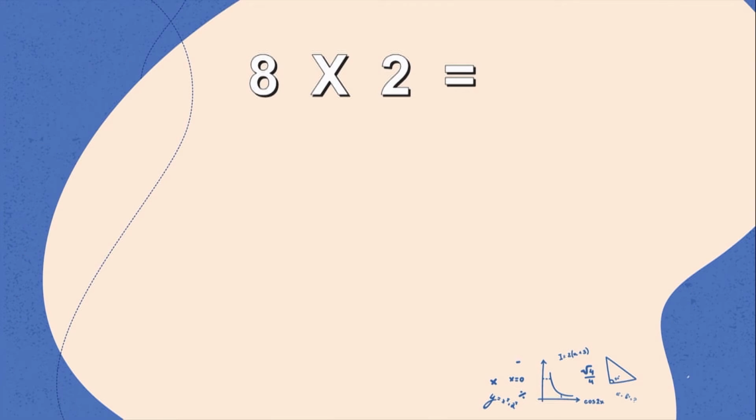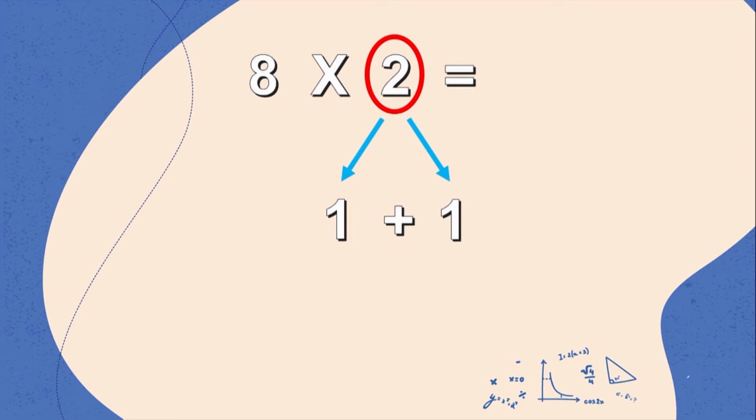Let's look at a scenario. We have 8 multiplied by 2. Yes, I know you know the answer, but what we're focusing on here is the concept and how we can do things differently. So let's say, for instance, you didn't know your 2 times tables. Yes, I know you know your 2 times tables, but if you didn't, what could you do to figure out this problem? Maybe if we understand that 2 is made up of 1 plus 1, we could then multiply the